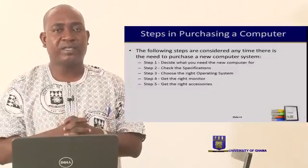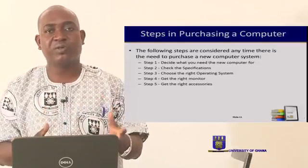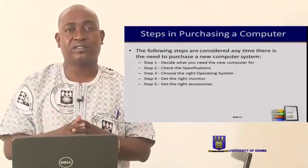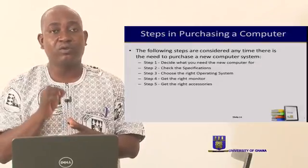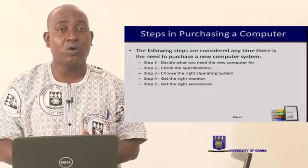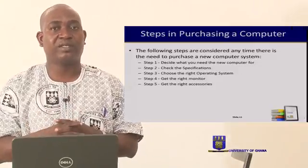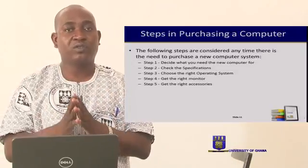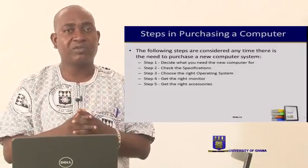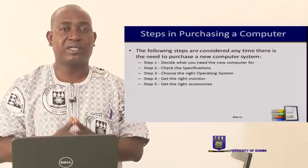Some buy the computer system, and later on try to get speakers, printers, and all that. In trying to buy a computer system and to make a good purchase, you need to consider all this. And then at the end of the day, you buy it from the right place, from the same place, and that will make your purchase complete. Think about the accessories, the ones that you need, and then you buy the system together with the accessories at